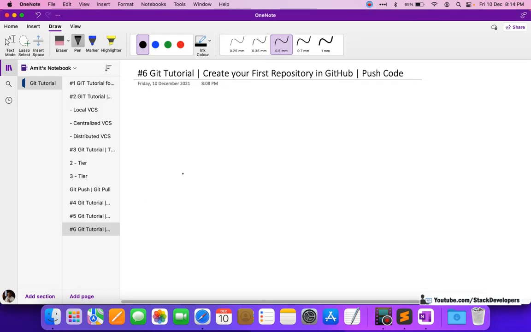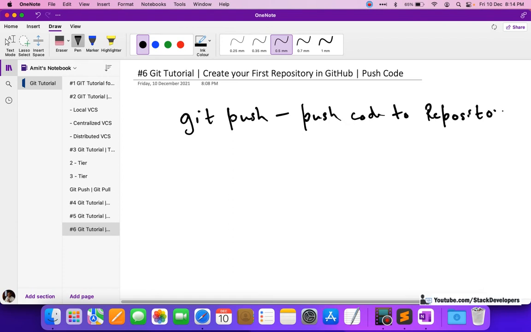So I want to tell you that now in this video we are going to use the command git push. We are going to use this command to finally push our code to our repository at GitHub. We want to push our code to repository, so that's why we are going to use this command. This command we have not used last time, we have used the other commands, but this is the final command to push the code to the repository. But we have no repository, so we have not done. Now we are going to create our first repository in GitHub.